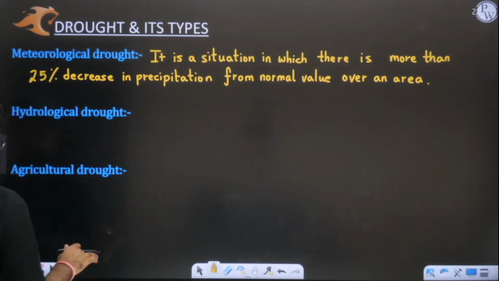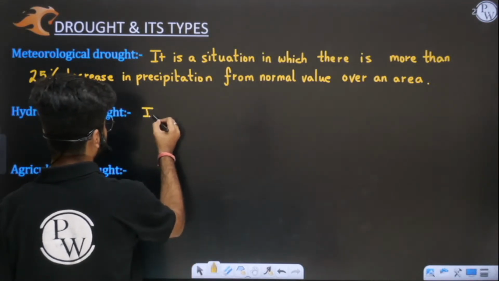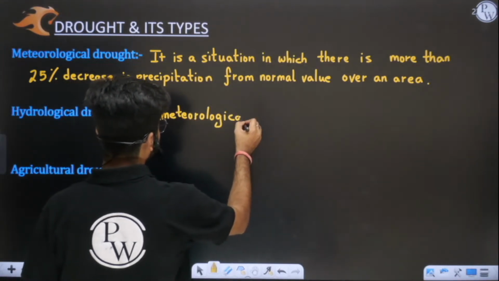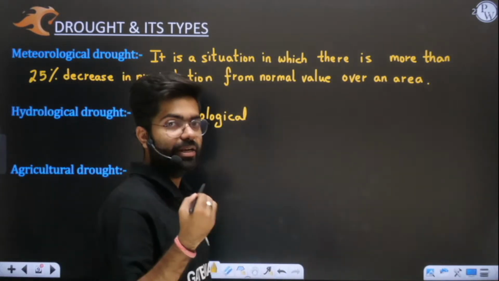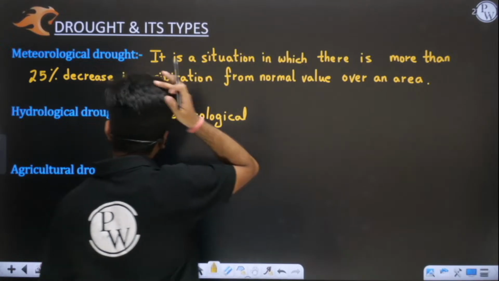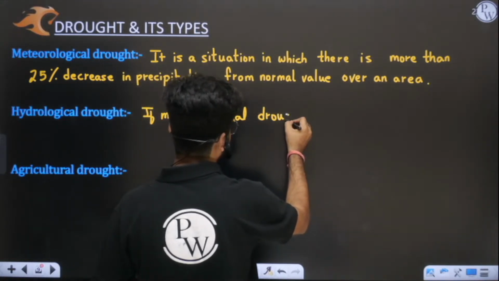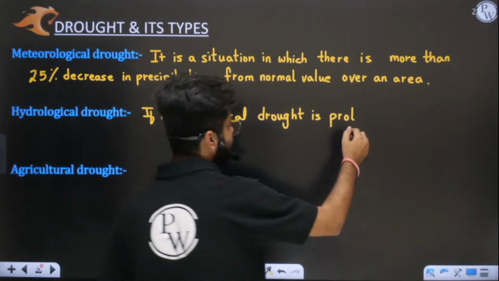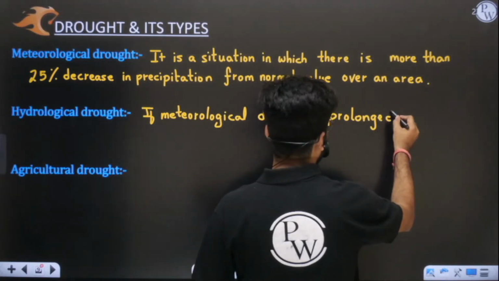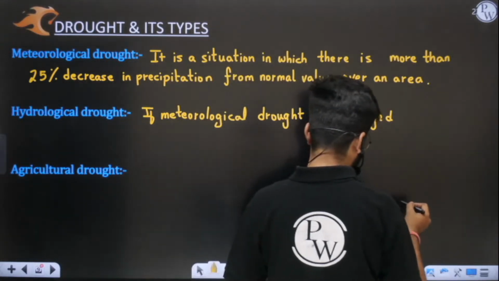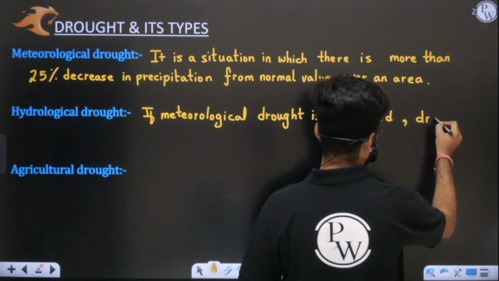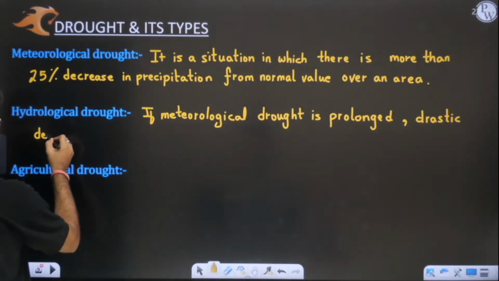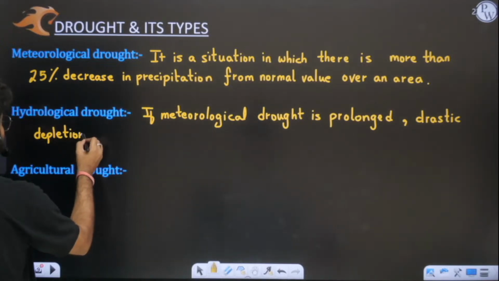So I will write: if meteorological drought, see these are the definitions given by IMD, the Indian Meteorological Department. If meteorological drought is prolonged, prolonged means extended for years like that, then I will observe drastic depletion, drastic means severe, depletion means reduction,